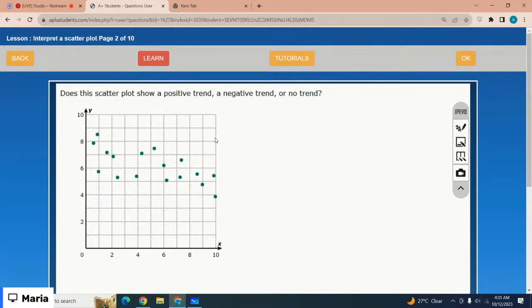Does this scatter plot show a positive trend, a negative trend, or no trend? Which is the correct option? Just look at the x values. When x is 2, y is 6. When x is 4, y is 5. When x is 10, y is 4. That means the values are decreasing,